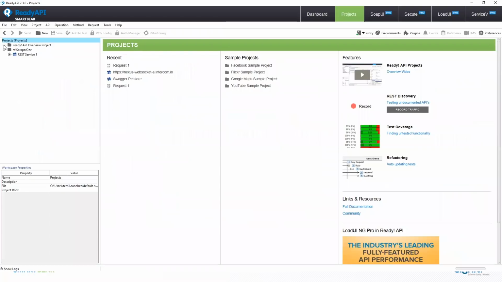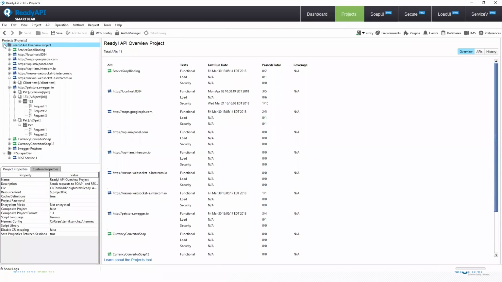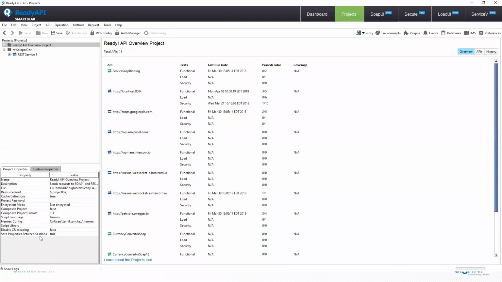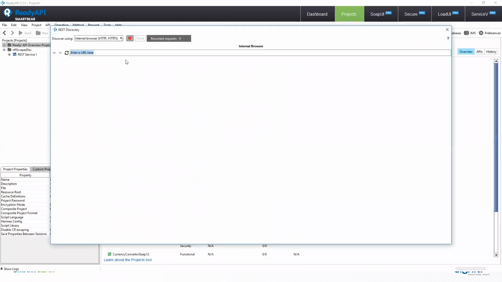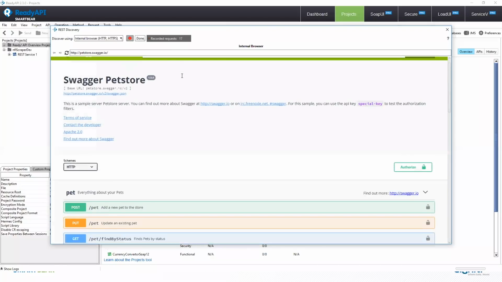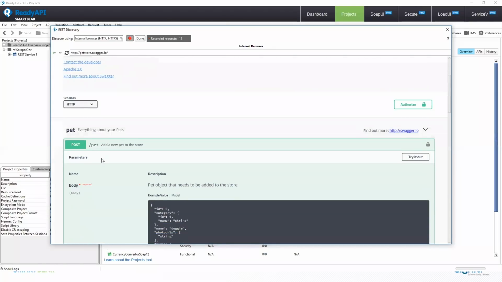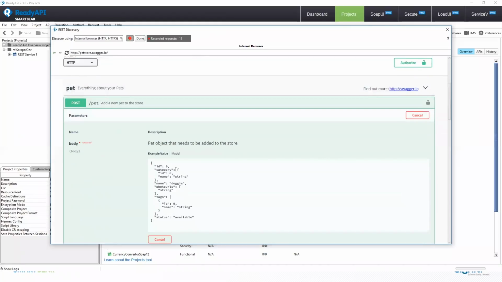One of them is recording. If you have an empty project or an existing project with APIs, you can right-click on it and use our discovery feature, and this will open up a sample browser that will allow you to navigate to whatever front-end tool is consuming the API, or whatever client you would like to use to interact with your microservice. So let's say swagger.io. Again, you start seeing these interactions. This is actually a documentation page for an API,